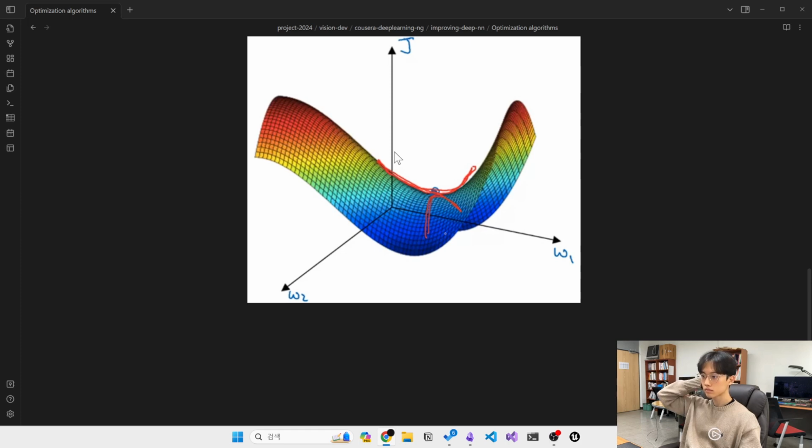If local optima aren't a problem, then what is a problem? It turns out that plateaus can really slow down learning, and a plateau is a region where the derivative is close to